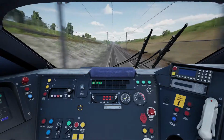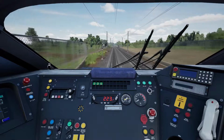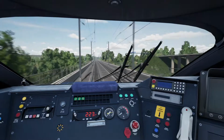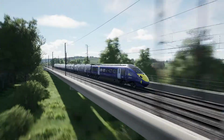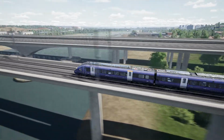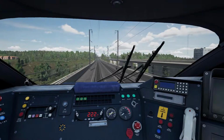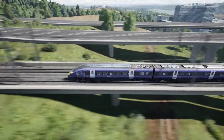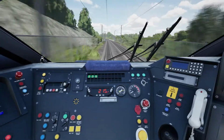And we're levelling off. Notch 2 power. Go straight ahead. I'm going over the bridge. You can actually see, I'm going to go to the external camera. That's the A6 again. And I believe it's the A6. It's an A road. That's Rochester Castle there. And that is the Medway Valley. And the Chatham Main's somewhere around here as well. But yeah, basically it goes under us